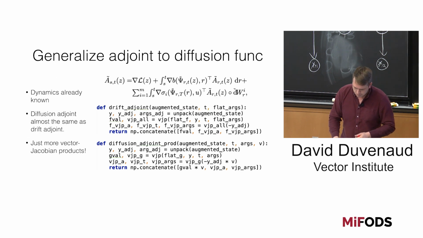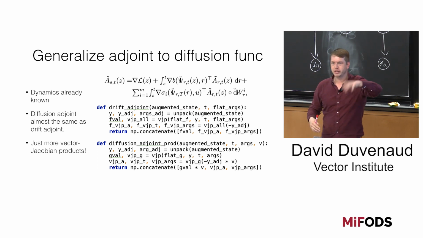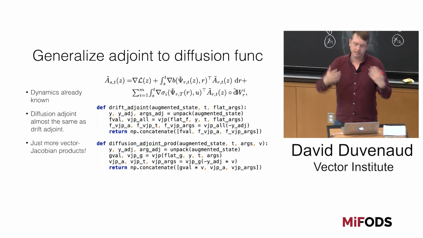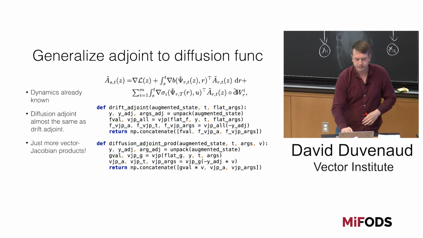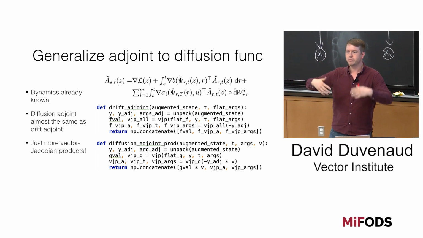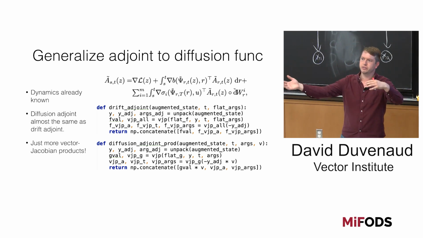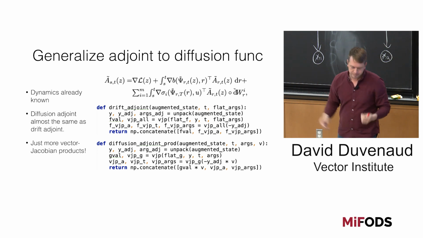Okay. Yeah, and there's this adjoint dynamics that I showed you for the Pontryagin stuff. It's what you would guess it would be. You just do the same thing for the noise. I know this looks like a big mess, but it's just one call to a vector Jacobian product, which is what AutoDiff does for you automatically. So we can automatically get the reverse dynamics and the gradient dynamics for free from any AutoDiff library.